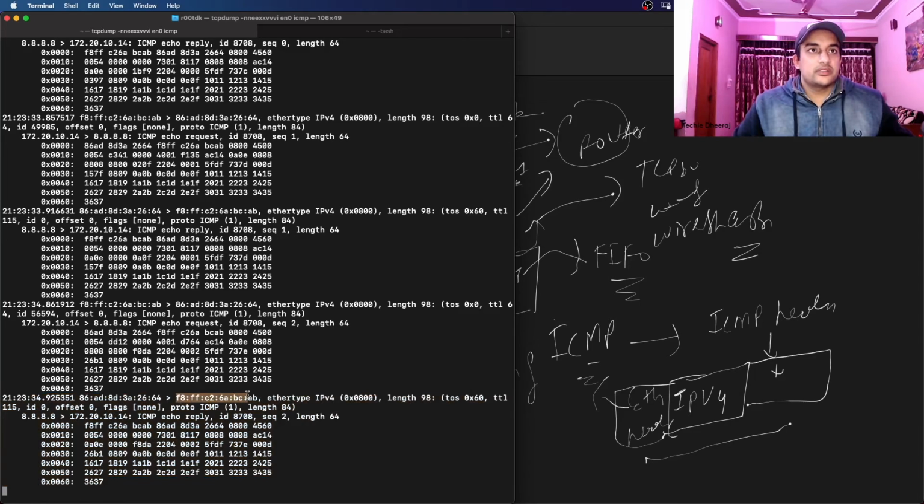If you see this MAC address, which is my destination MAC address for ICMP echo reply, because my mobile, my router, is replying to me. So if you see this 6A BC AB, it's written exactly as it is used. So here also 6A C2, right? 6A C2. So all these hex bytes are written like this. Sometimes hex is easier, sometimes it's difficult to read. That totally depends on the person, but this is how we can extract the hex code information.